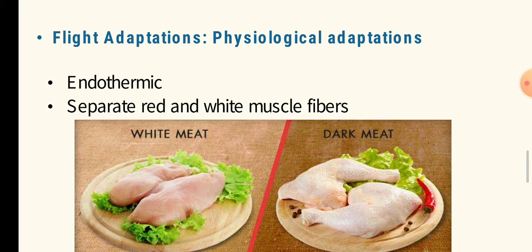The wings are depressed by a large muscle, the pectoralis major, and elevated by the pectoralis minor. These are the two muscles which bring about the downstroke and the upstroke of the flight. There are also many other small muscles which help the two main muscles, the pectoralis major and pectoralis minor.